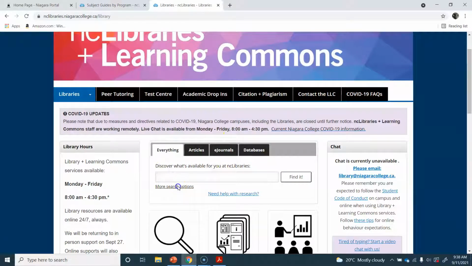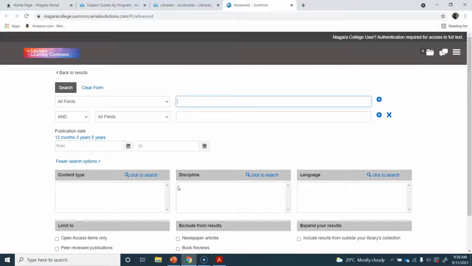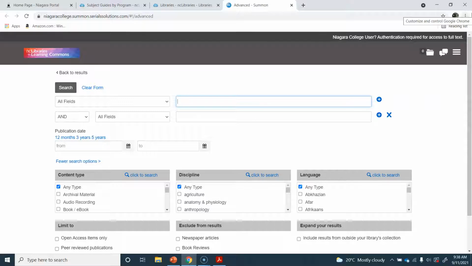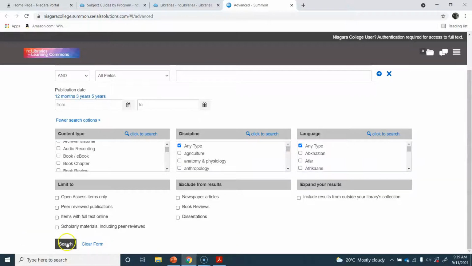From the main page, I'm just going to click on more search options, and it's going to bring me to a search page. The search page initially looks a little bit complicated because it has all sorts of different variables. It's really not that complicated. So let's say I'm doing a project on cancer and I want to see what kind of paper books are actually available. I'm going to type in cancer into the search field, and then I'm going to identify here under content type that what I'm looking for is a book or an ebook. I'm going to click on that, and then I'm going to click search,